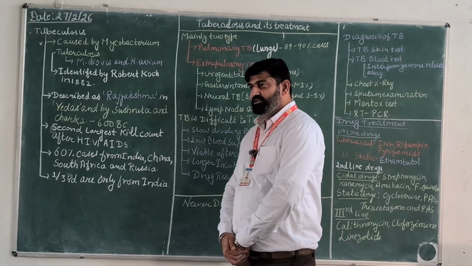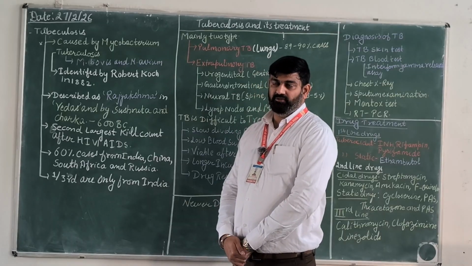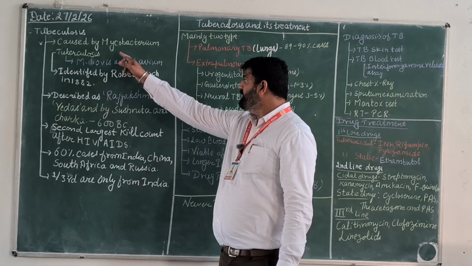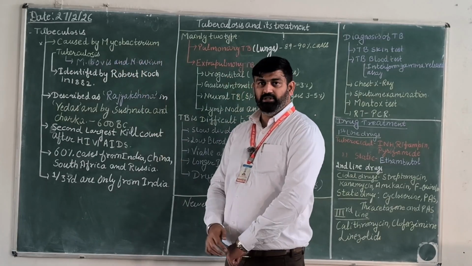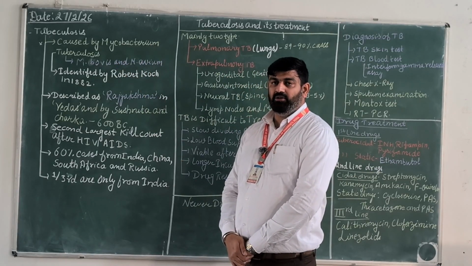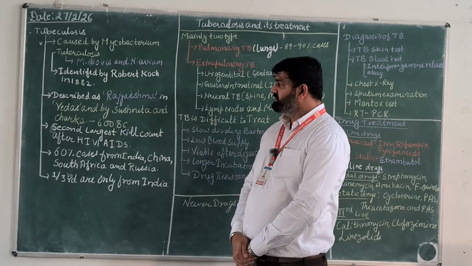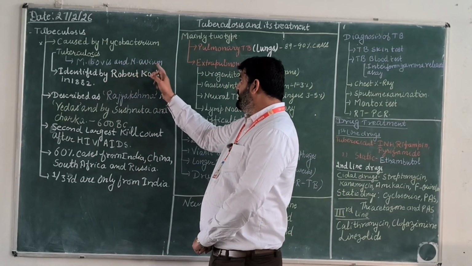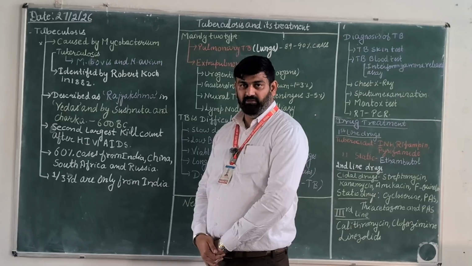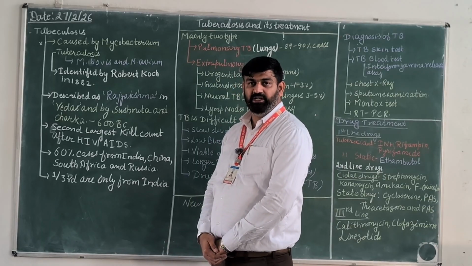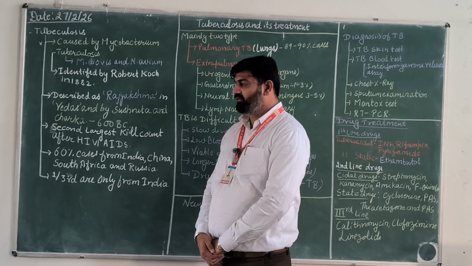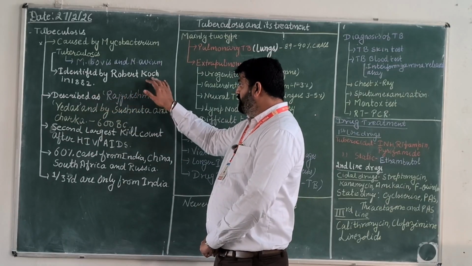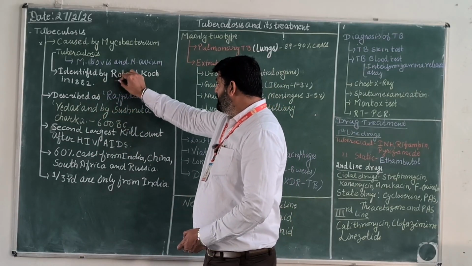What is tuberculosis? Basically, it's a disease of the lungs where a bacterium known as Mycobacterium tuberculosis is the causative agent. The two species Mycobacterium bovis and Mycobacterium avium are highly infective and mostly responsible for 80% to 90% of cases worldwide. This bacterium was first identified by Robert Koch in 1882,